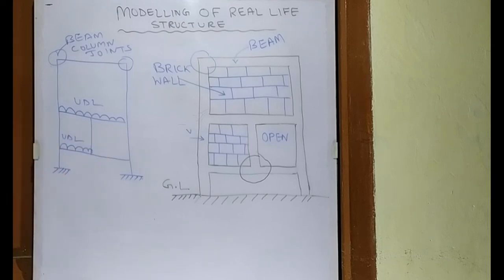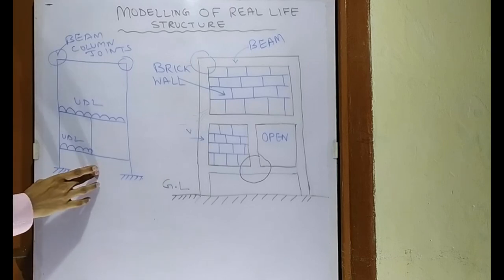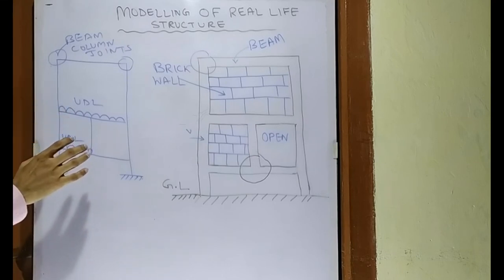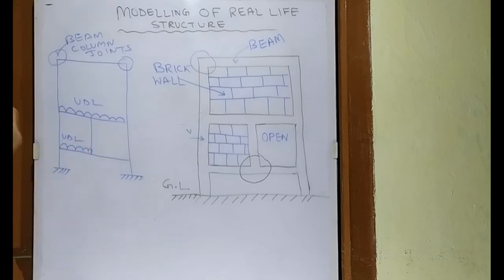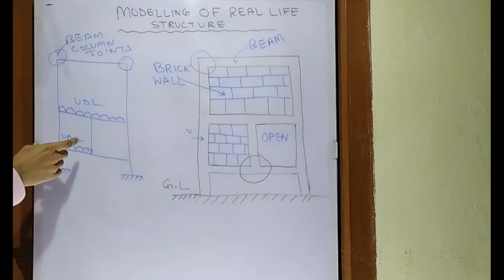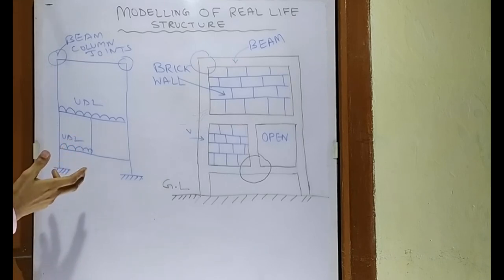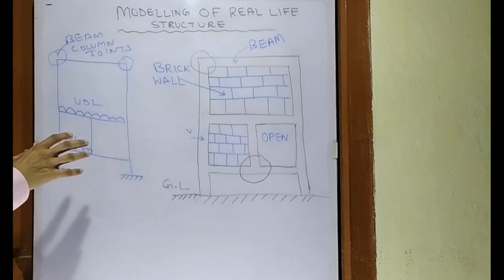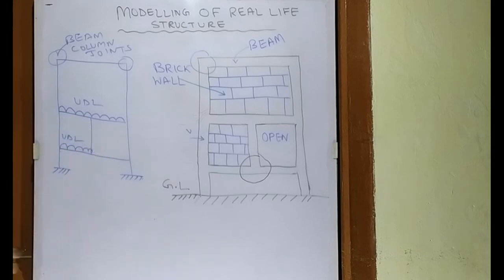So this is the modeling, and this is how the model will look after modeling. This is the portal frame which we can analyze in structural analysis very easily, and we can use manual calculation for analyzing this frame. Of course it will take some time, so that's why we use software for analyzing. We can model any type of structure in SAP, in ETABS, in STAAD.Pro, in any other structural analysis package. I hope you now understand very clearly the modeling technique we use to model our structure.